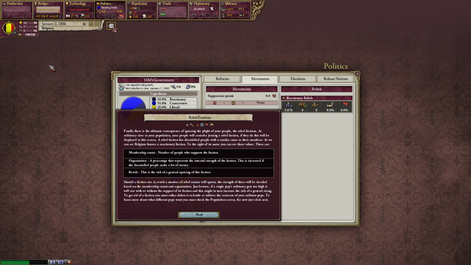Finally, there is the ultimate consequence for ignoring the plight of your people, the rebel factions. As militancy rises in your population, your people will consider joining a rebel faction. If they do this, this will be displayed in the screen. A rebel faction has dissatisfied people with a similar cause as their members. As we can see, Belgium houses a reactionary faction. To the right of its name, you can see three values. These are membership count,